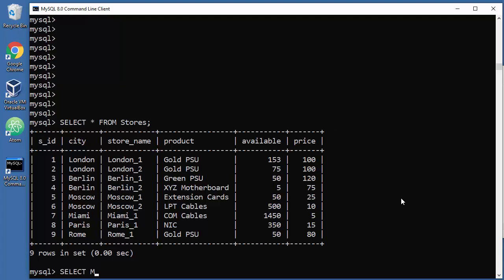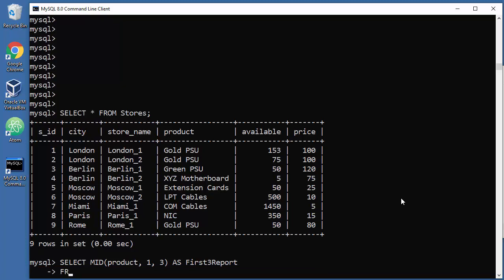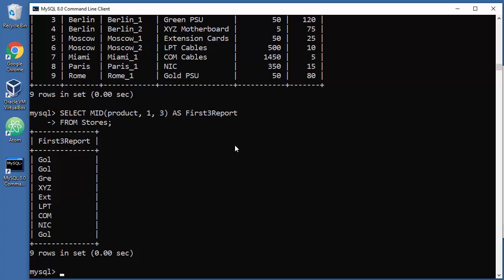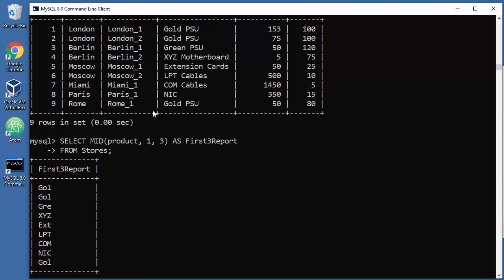Select MID. And let's go with the product column. We'll grab the first character up to the third character as, let's say, first 3 reports from stores, and I think that will work. So there you go. Now, of course, you can use any other function,